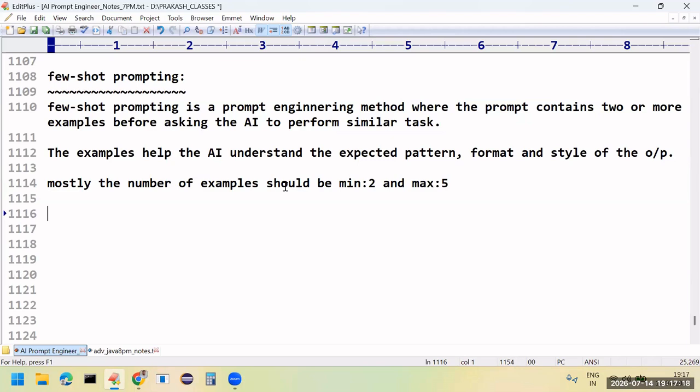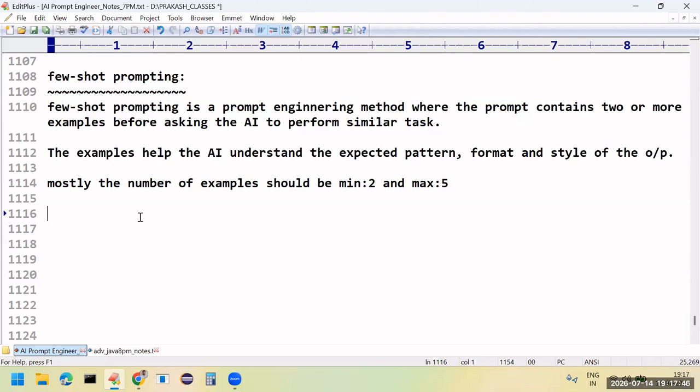If you are giving more than five, then the prompt will become very lengthy, so there will be confusion for the AI model, and even the tokenization cost is high. So, minimum how many examples do we need to give? Two. Maximum? Five. This is the general technique we are going to follow.